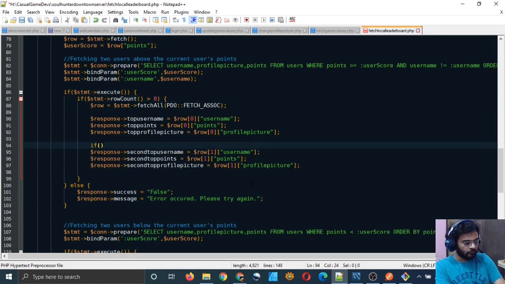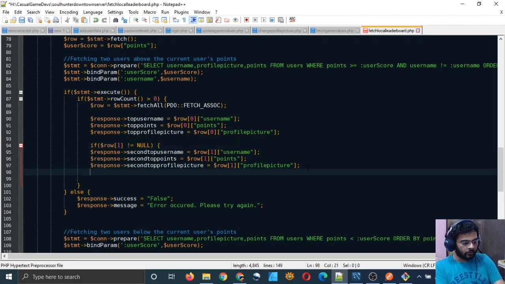If $row1 is not equal to null, I wonder if that will work. If it is not null, then you fetch that, otherwise you don't fetch it, right? So that should be good.